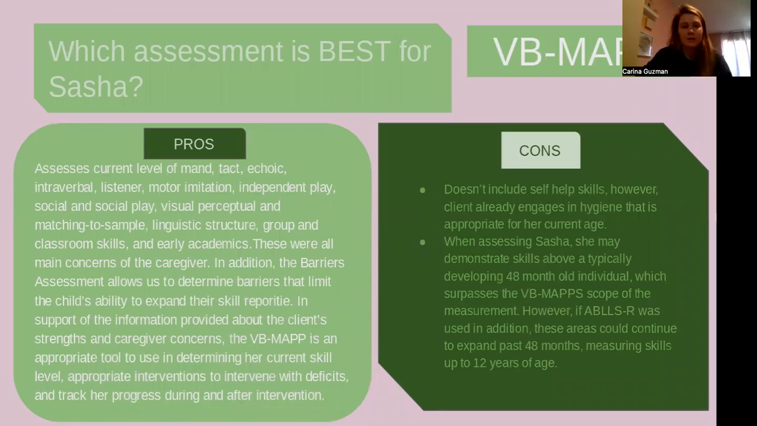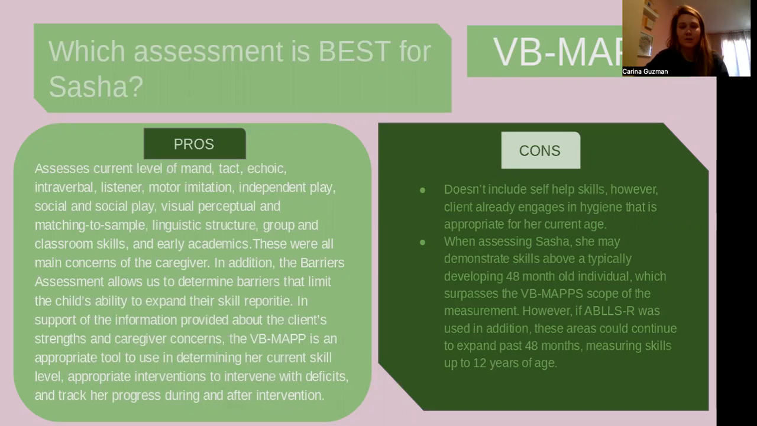Our group has decided that VB-MAP would be the best fit for Sasha. This is due to the assessment of current level of MAND, tact, echoic, intraverbal, listener, motor imitation, independent play, social and social play, visual perception and match to sample, linguistic structure, group and classroom skills, and early academics. These were all main concerns of the caregiver. In addition, the barriers assessment allows us to determine barriers that limit the child's ability to expand their skill repertoire. In support of the information provided about the client's strengths and caregiver concerns, the VB-MAP is an appropriate tool to use in determining her current skill level, appropriate interventions to intervene with the deficits, and track her progress during and